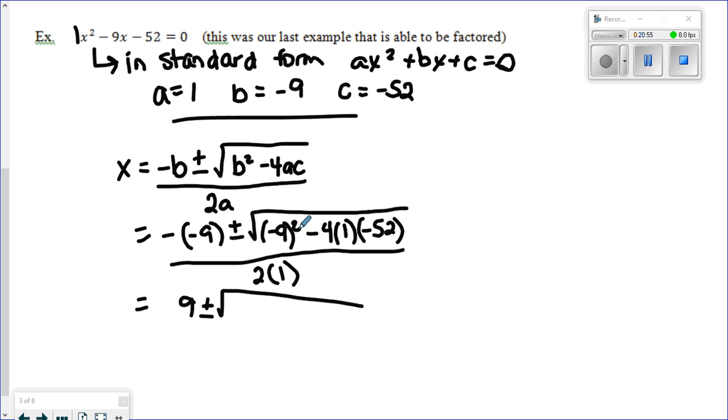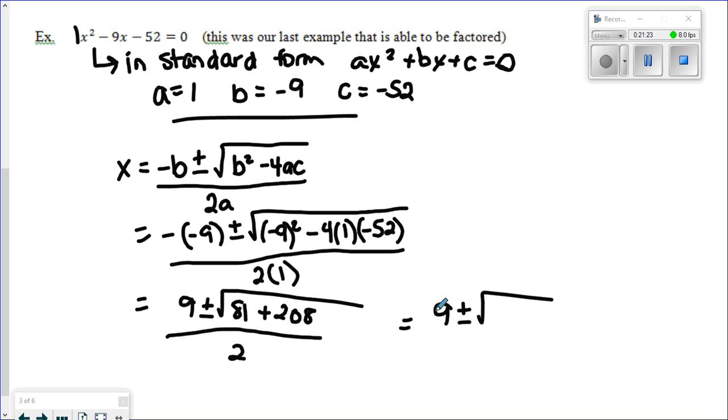So -9 squared, -9 times itself, is 81. -4 times 1 times 52 is actually positive 208. So again, this is negative times a positive times a negative, so it's going to be positive 208. And 2 times 1 is 2. Let's clean it up still a little bit further. 9 plus or minus the square root of, so 81 plus 208 is 289